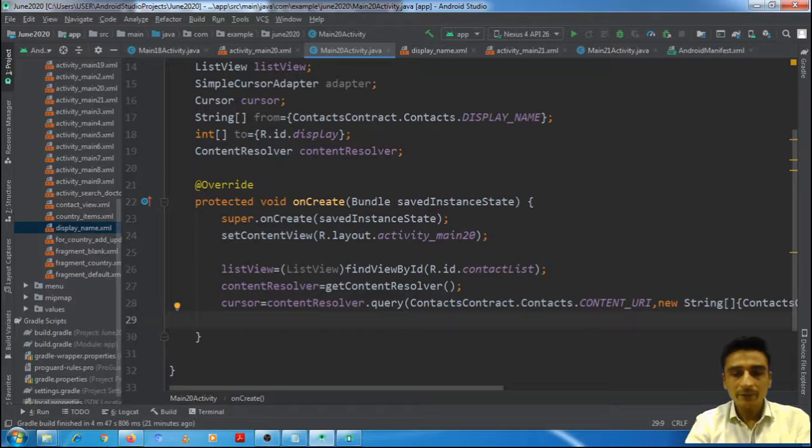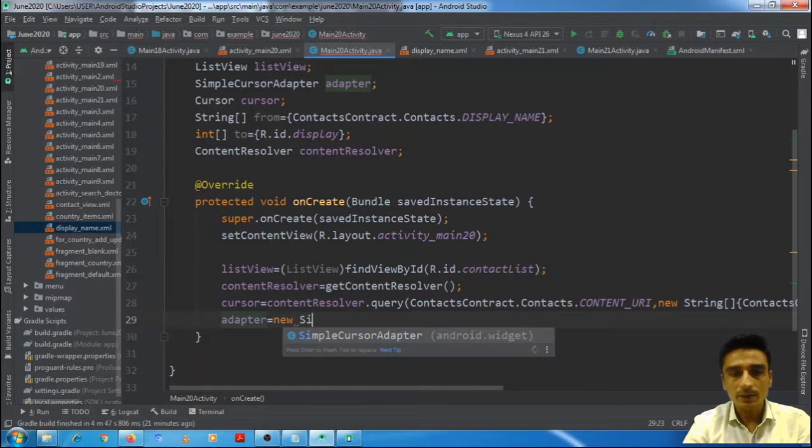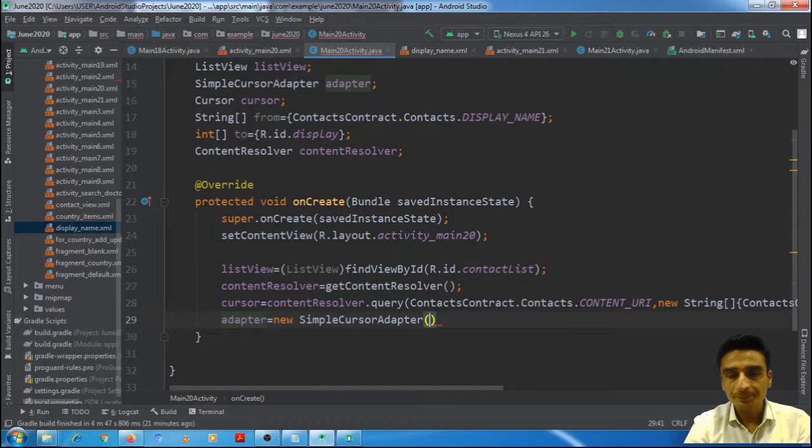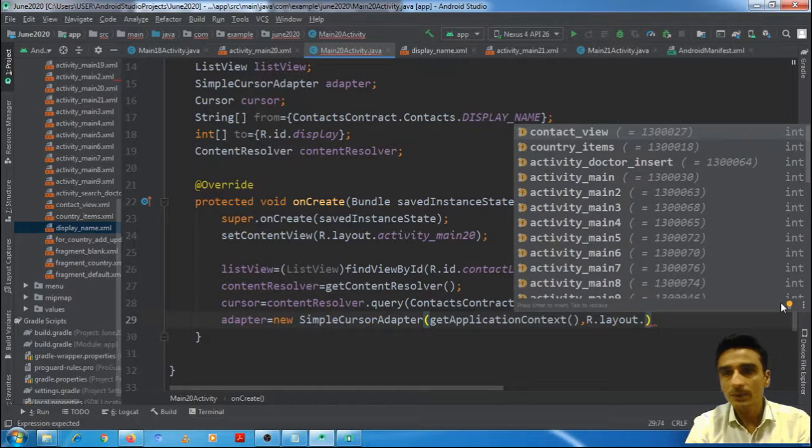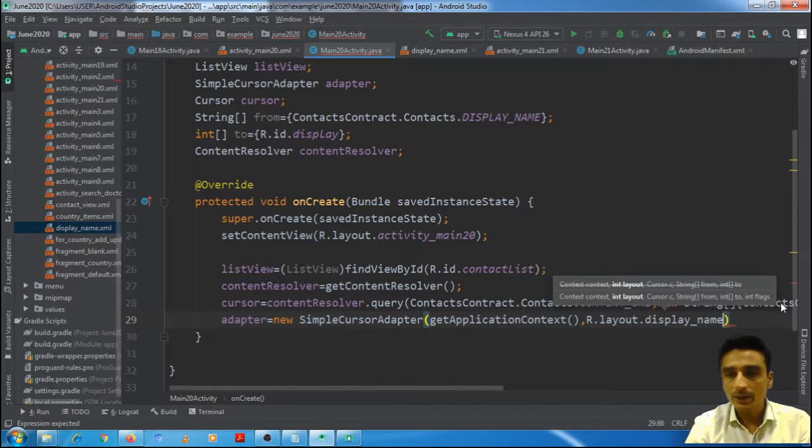And we need to set this cursor to the simple cursor adapter, new SimpleCursorAdapter. First argument is getApplicationContext, second argument is layout, R.layout.display name.